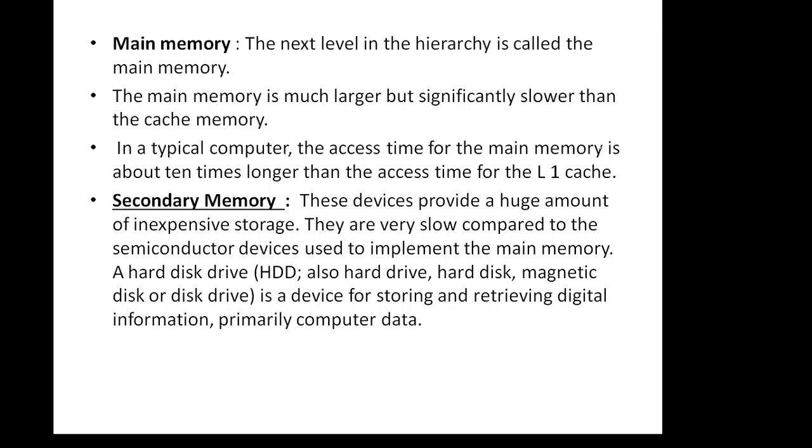Next is the secondary memory. It is going to store a huge amount of data. It is less expensive, but it is very slow. Why? Because the instructions stored in the secondary memory are very many. So fetching an instruction from among that many instructions is very difficult. That is the reason we say that the secondary memory has a very slow accessing speed.